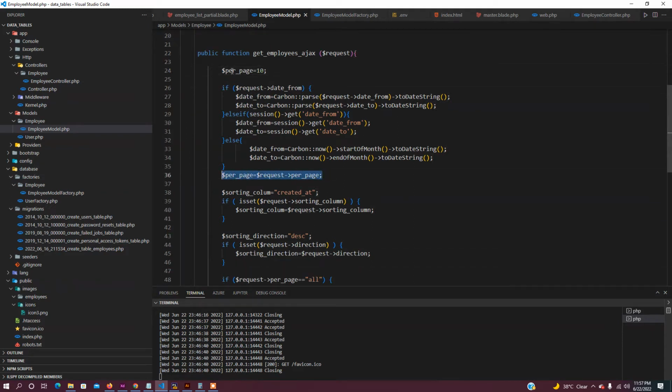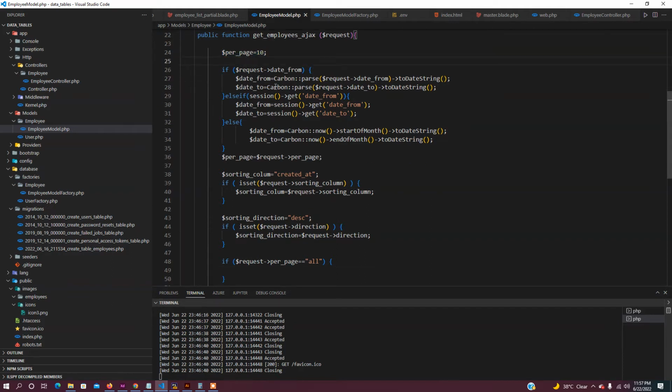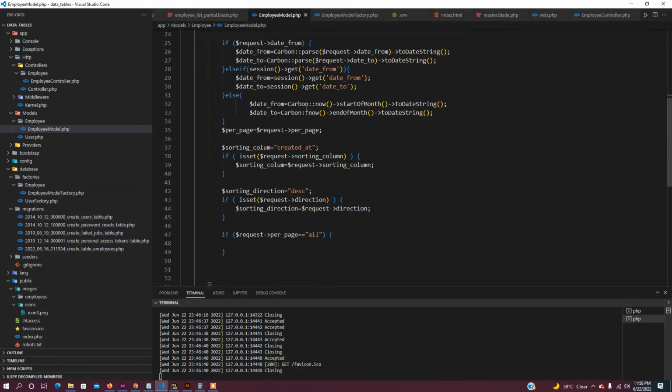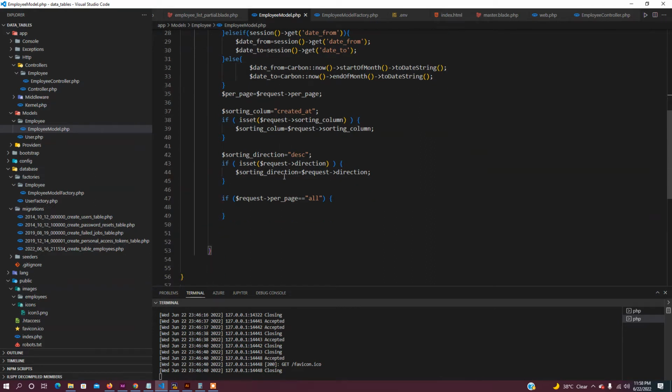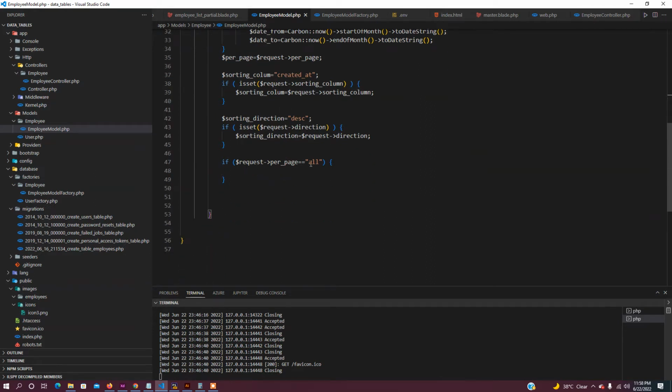If we don't have it, then we'll have 10 as our per page. But the best way to do this is to set the initial or default per page from the front end, so that we reduce the amount of code on the server side. So here, if the request per page is equal to all,